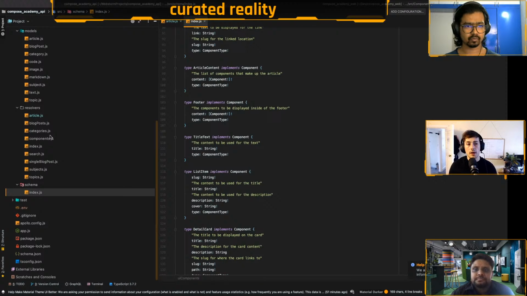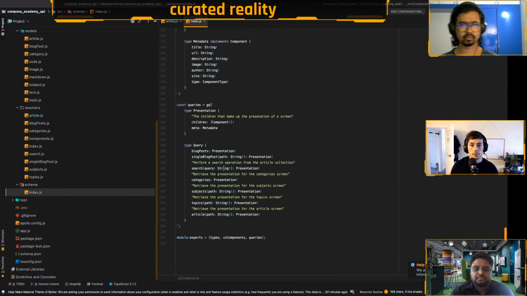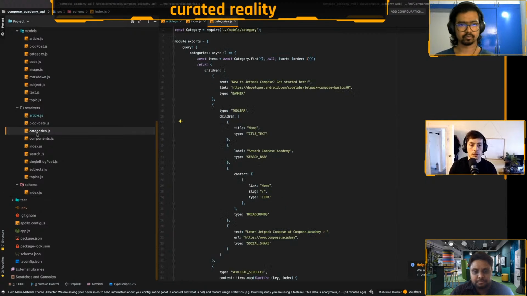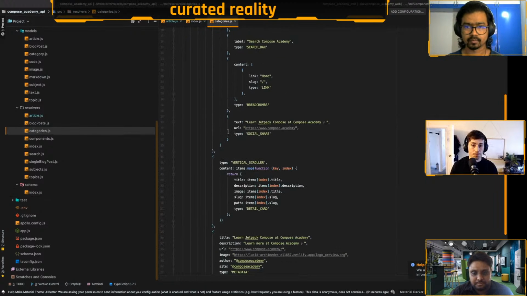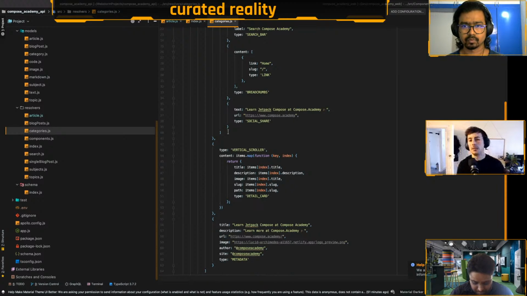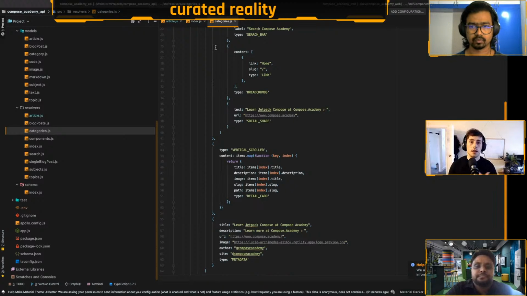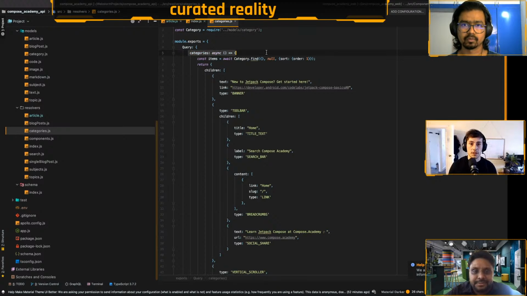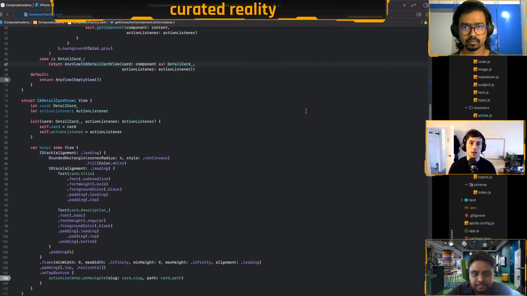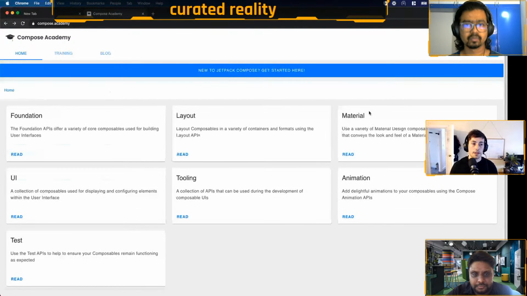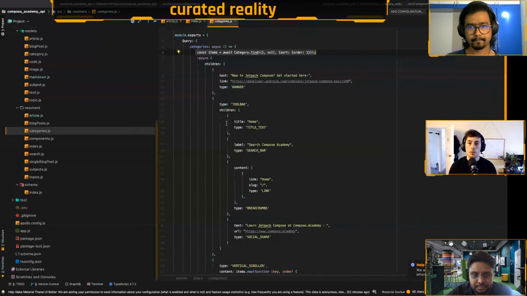When it comes to retrieving that, when I perform this categories query and get back this presentation object with this list of children, that is handled by what's called a resolver. So if we go to categories, for example, that query for categories hits this resolver. This enters this block of code, retrieves the list of categories from the database, which are all of these, and then we return the collection of children that are to be displayed by the client.